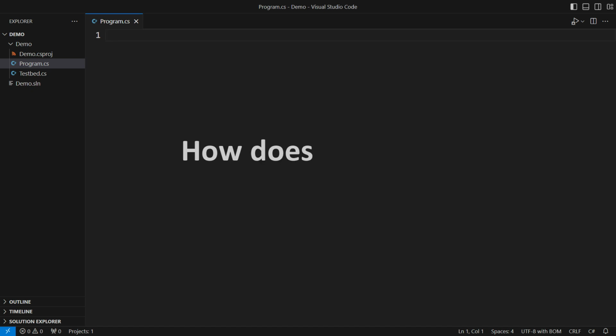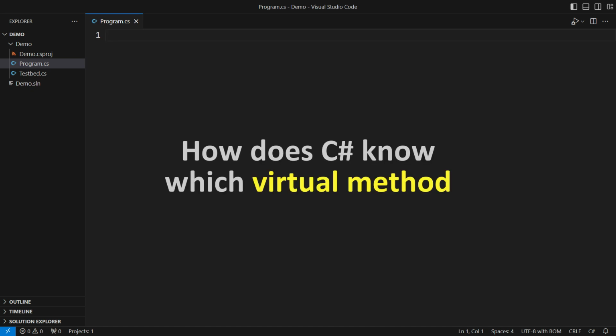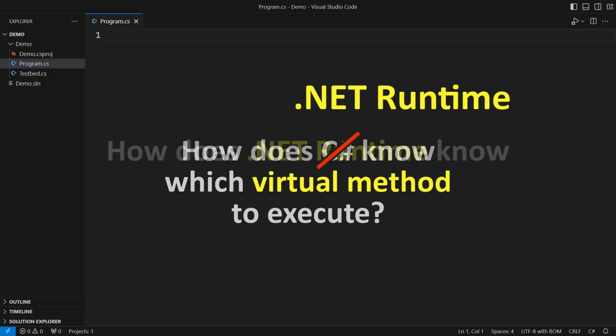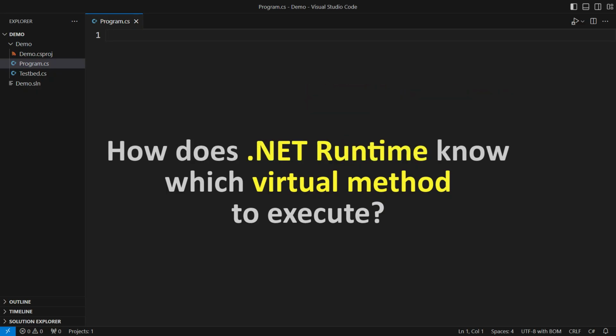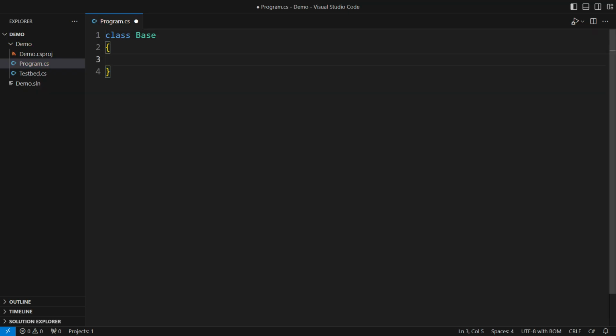Do you know how C# knows which method implementation to call when you call a virtual method on an object? First of all, it is not C#. It is the .NET Runtime, the one that resolves method calls. But a question remains. If we had a base and a derived class, it would only take a minute to